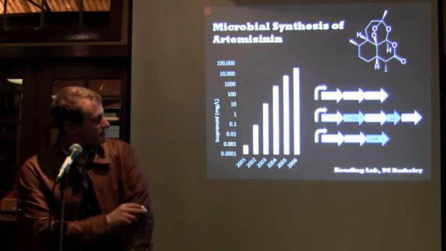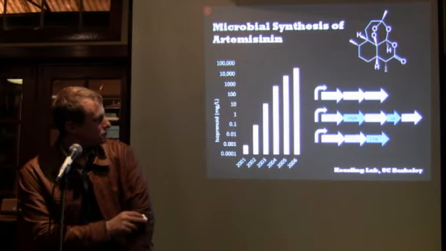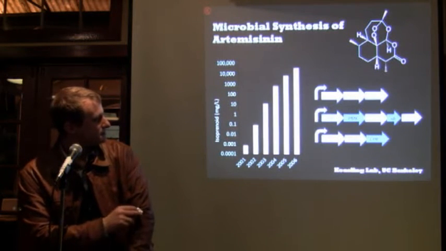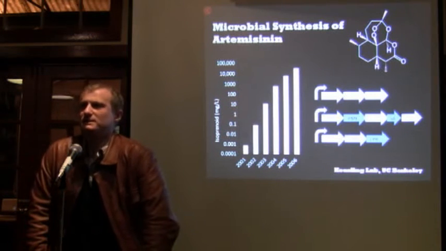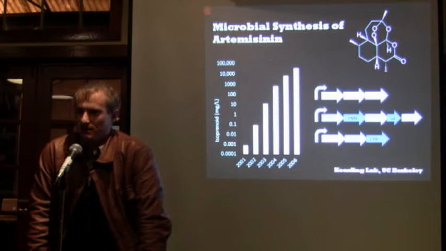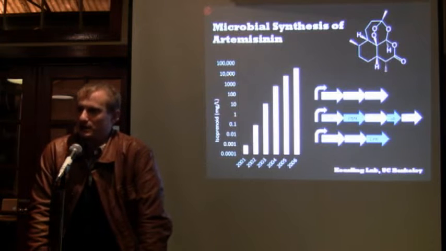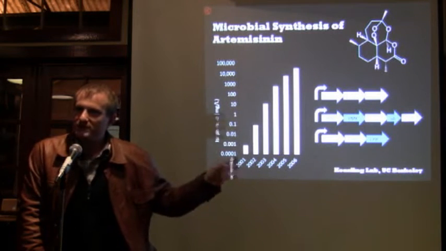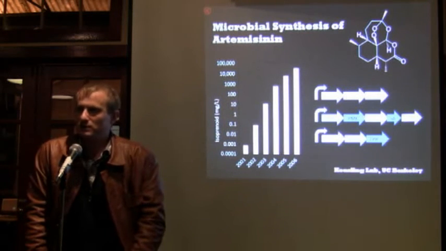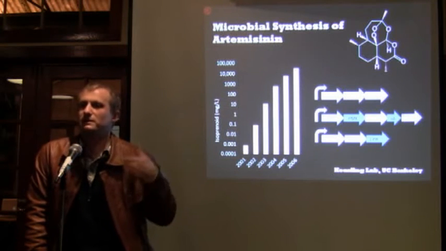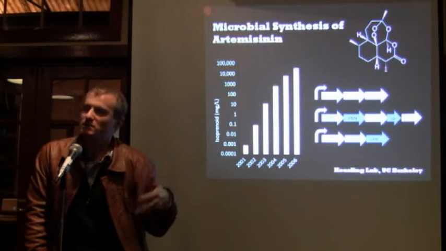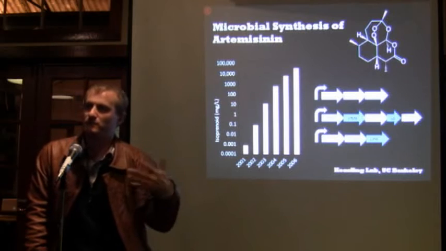And one interesting point about this, I've colored these different genes based on their source, and there are actually 3 different colors, if you can tell. That's the same as that. One big idea in synthetic biology is you really don't care where the genes come from. All you care about is the functions that they encode. So you have 3 different sets of genes, all coming from different organisms. Some of them are coming from the plant that made this small molecule in the first place. Some of these genes are going to come from E. coli, some from yeast,